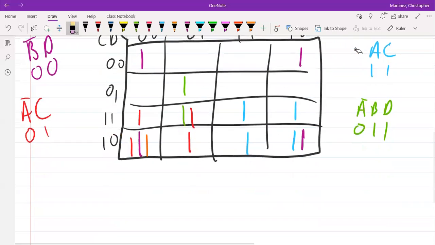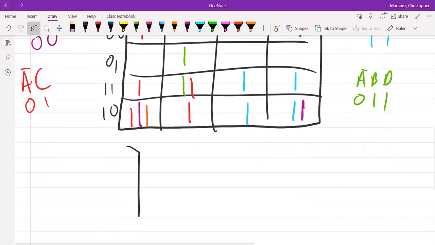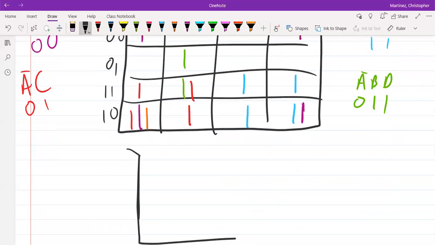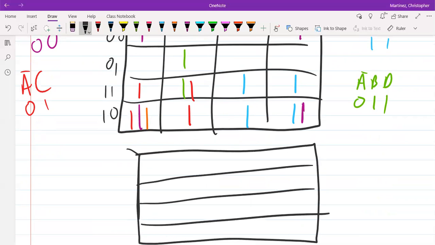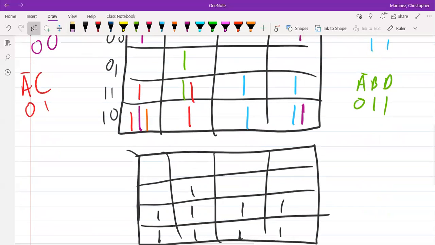Now we have a lot of ones that are being put in. Let's just clean this up. The cleaning up is just going to be when we have multiple ones, we're just going to write it as a single one. Okay, so we have a 1, a 1, a 1, a 1, 1, a 1, 1, a 1, a 1, and then we have 2 ones on the top part. So that's how we can go about filling in